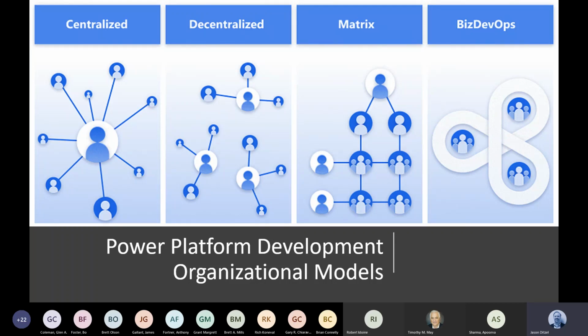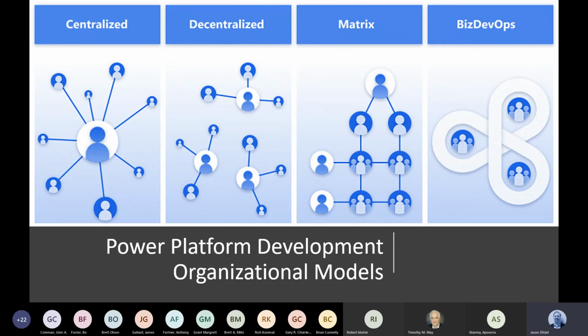Decentralized model, where departments or agencies are working independently, and they maybe have some support from IT operations in the back. That would be something like an entity that would live somewhere in the middle that's not really pictured here. You have kind of a single point that bubbles up in your matrix model, or you are executing in